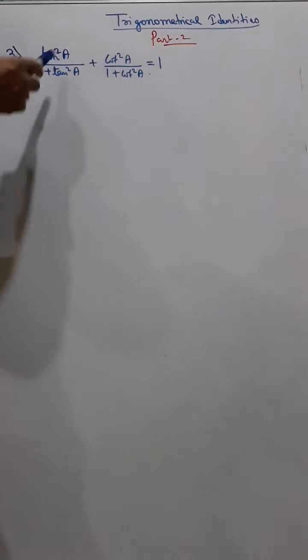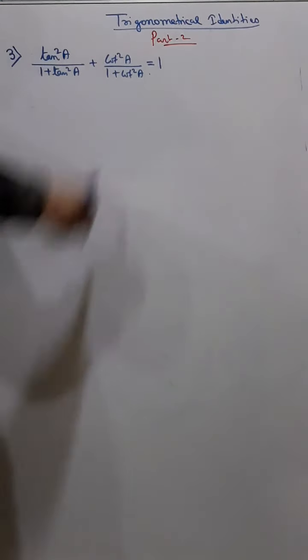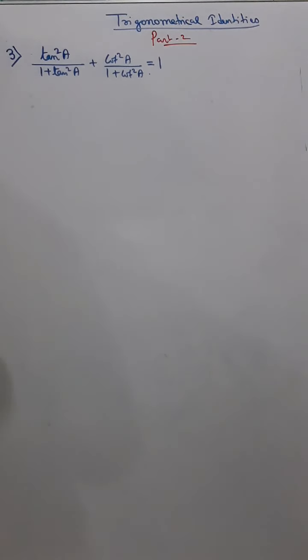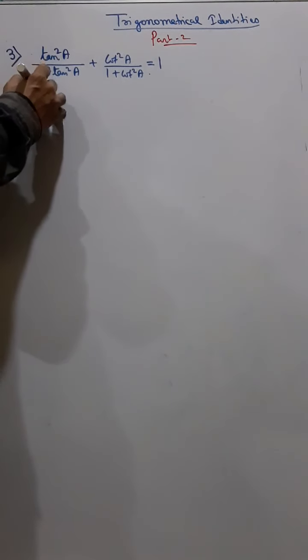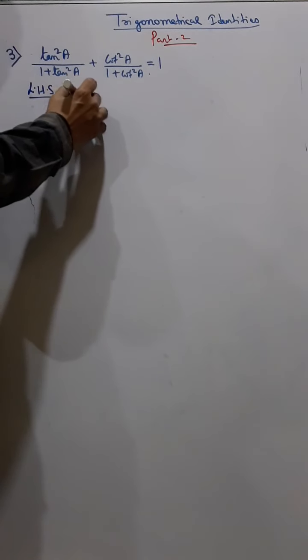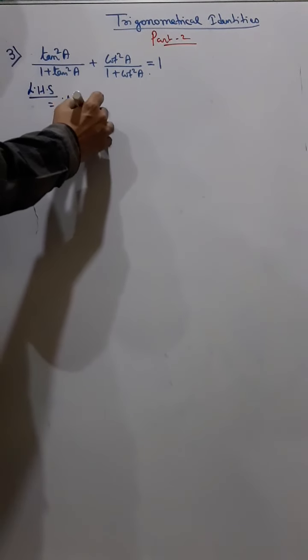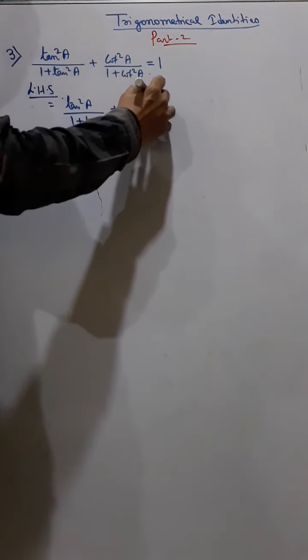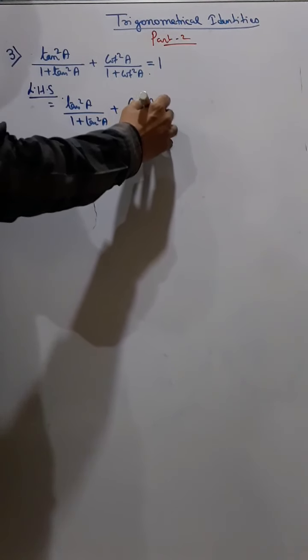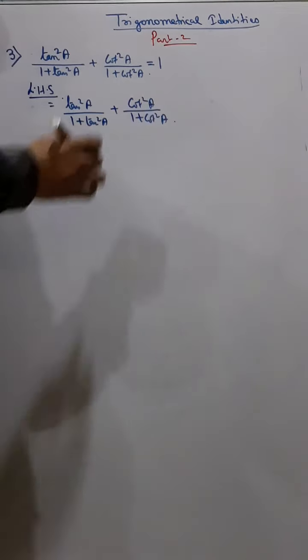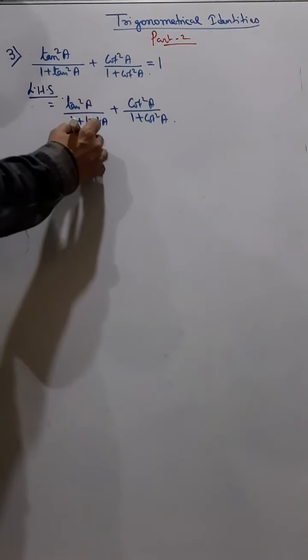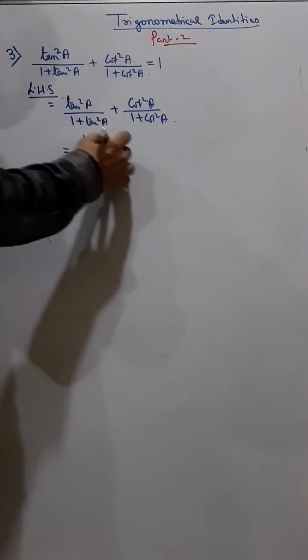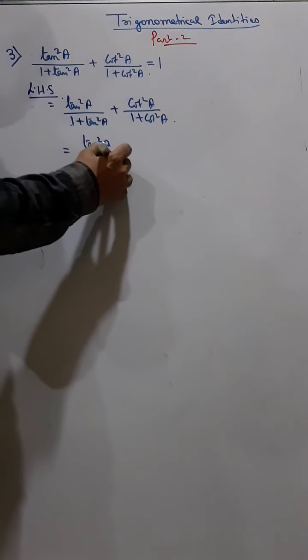Okay, now in this sum we have to prove that tan square A by 1 plus tan square A plus cot square A by 1 plus cot square A equals 1. So let's start with the left hand side. Now first of all, you know that this is tan square A, and 1 plus tan square A means sec